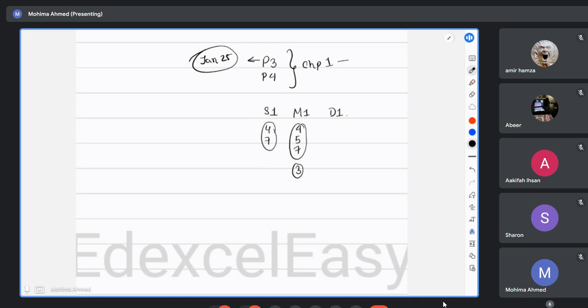But if you're considering taking the entire A2 of other subjects in Jan, then I would suggest, since we are already going to create one session for May 25, that we move you to the May 25 session for S1, M1, and D1 also. So it depends on how many units you register for the Jan 25 session. But so far, the planning is that for P3, M1, S1, and D1, we're going to finish before Jan 25, and we're going to hold P4 for your May 25.